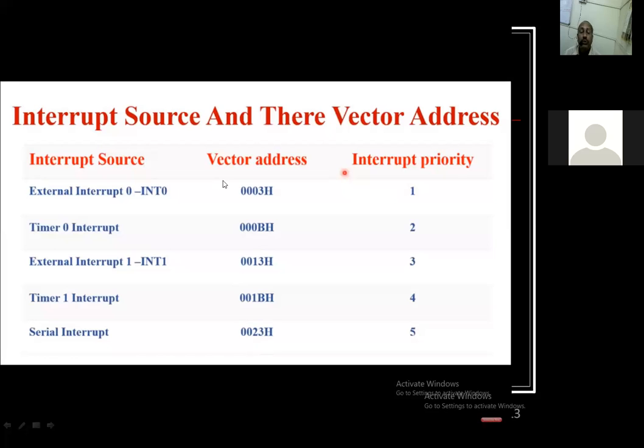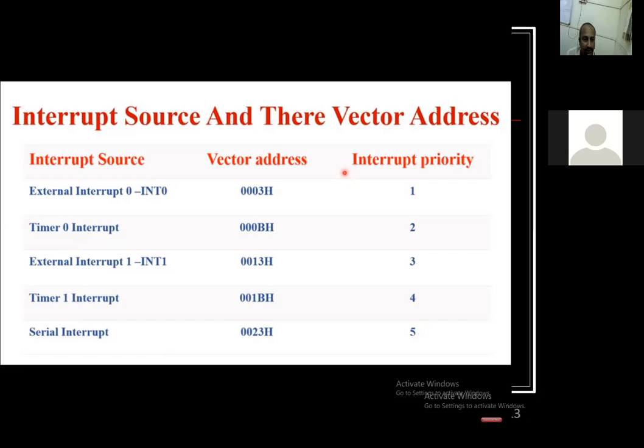Now you have to observe the specialty of how these addresses are decided. If you see the difference between these addresses, each one is 7 bytes apart, meaning each interrupt service routine is allotted 7 bytes of address.